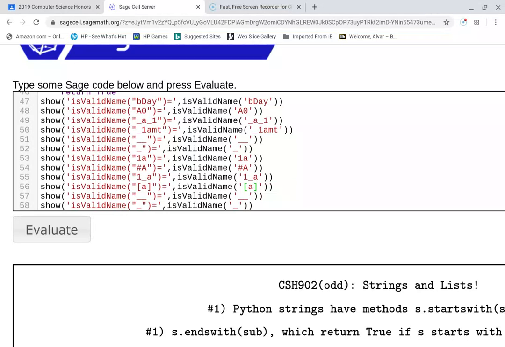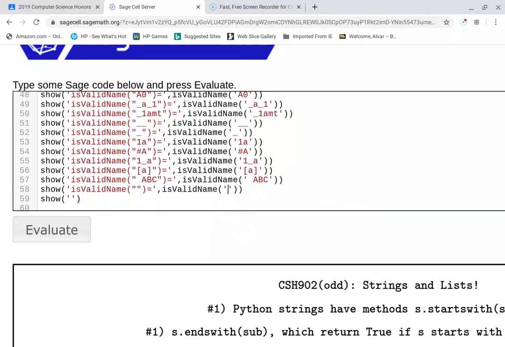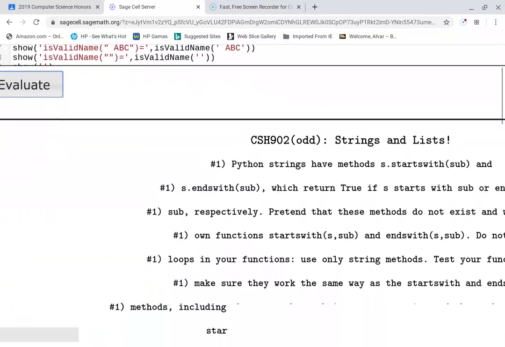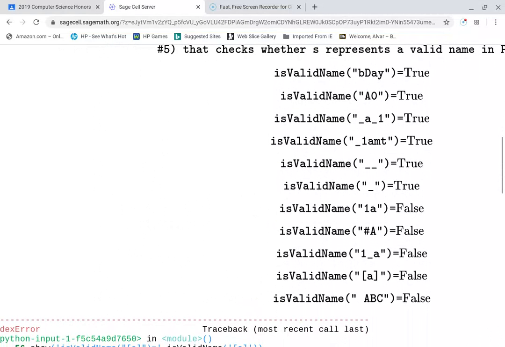Okay, what else? A space and ABC. So you're not allowed spaces, right? So let's do that one. A space with capital ABC. Nothing's wrong with the ABC, but you can't start with a space. That's confusing to the interpreter. All right, and then how about what? The empty string, I think they want. You can start with an underscore. I guess an underscore is a variable. Yeah, some people use underscores a lot as state variables in the class when we do object-oriented programming and make our own classes and our own methods and our own objects. Yeah, all right, so the last 6 outputs should be false in number 5, and they are,